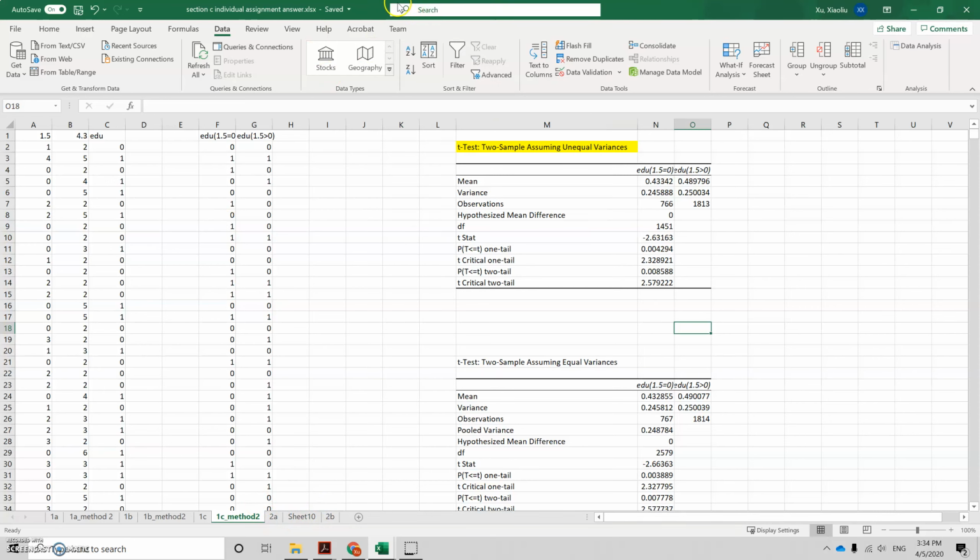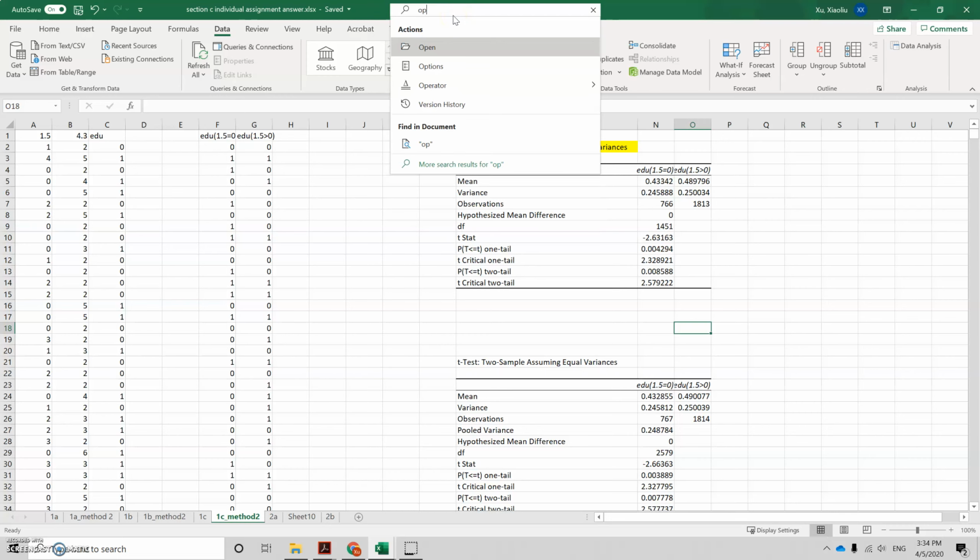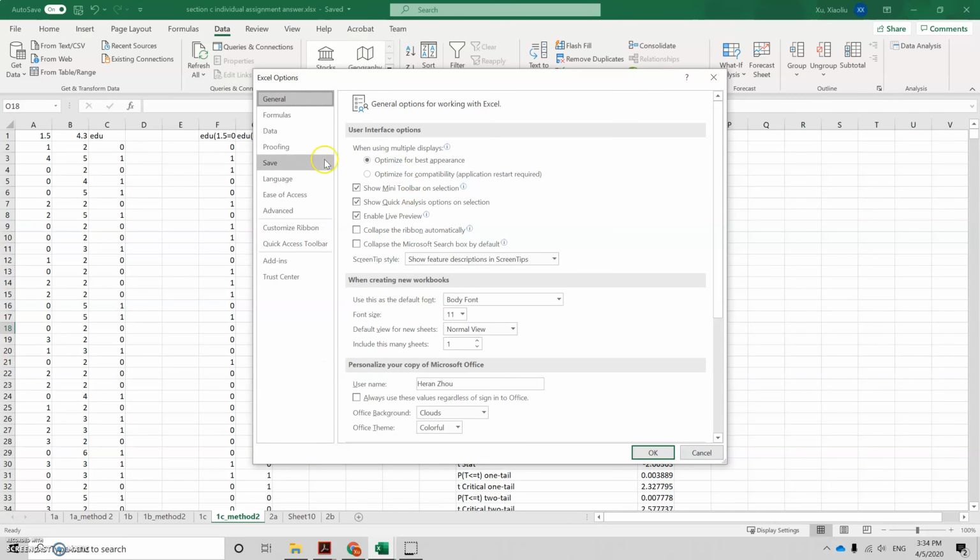First, go to the search bar. It will be on the top of your Excel screen. So type out options and then go to the add-ins,